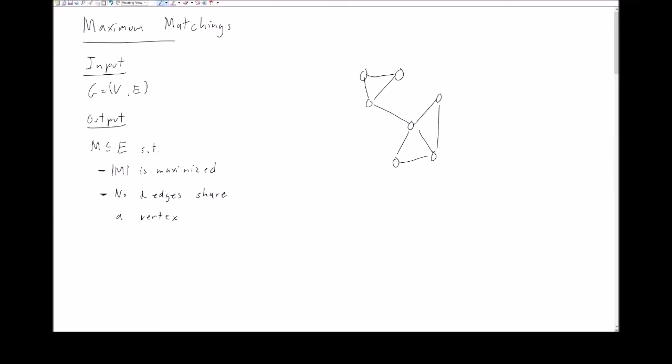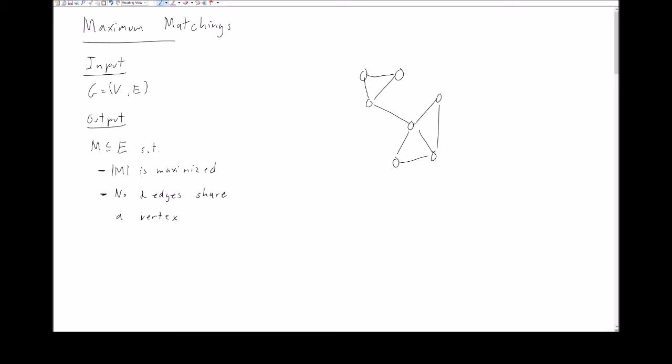In this lecture, we're going to talk about matchings, and specifically we're going to talk about the maximum matching problem. We already know how to solve the matching problem, and we already know how to solve it efficiently. We can show that the constraint matrix in the integer program is totally unimodular. The reason we're talking about it is because there is some special purpose algorithm for matchings that happens to be